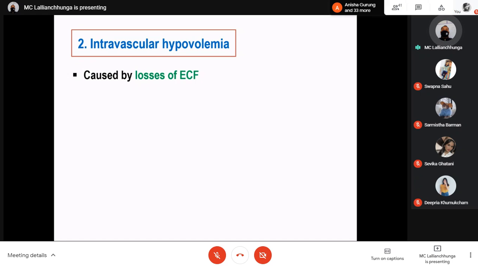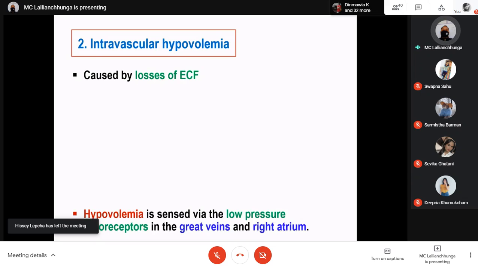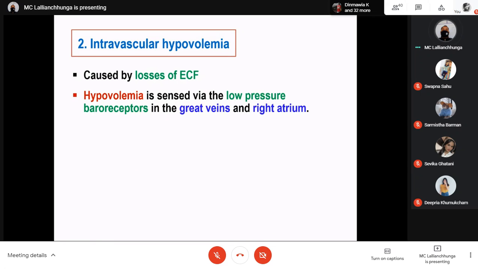You already know that intravascular hypovolemia means decreased blood volume, which may be due to losses of the extracellular fluid. It may be because of diarrhea, or because of bleeding. You are losing the blood. That can stimulate the heart center. Hypovolemia, that means low blood volume, is sensed via the low pressure baroreceptors in the